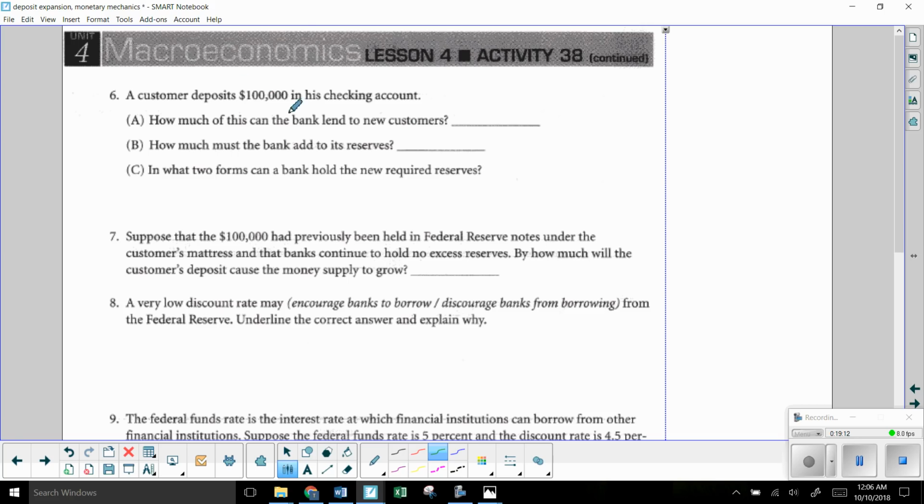If you deposited $100,000 into a checking account, the bank has to hold on to 15% of that, or 15,000, and then therefore they can lend the other 85,000, right? So some of this is sort of just basic math here. What two forms can they hold the reserves? You can see earlier in the video we could talk about that as being either vault cash or putting it in their reserve accounts. What if the $100,000 in customers' mattresses